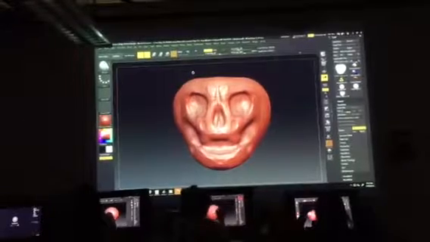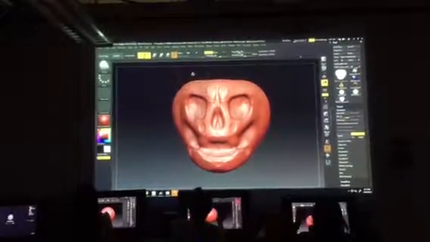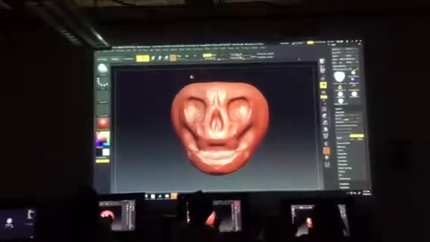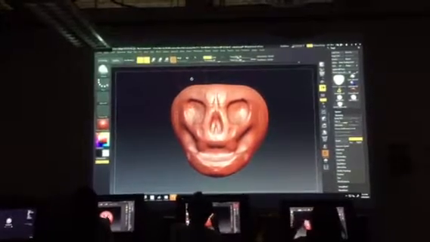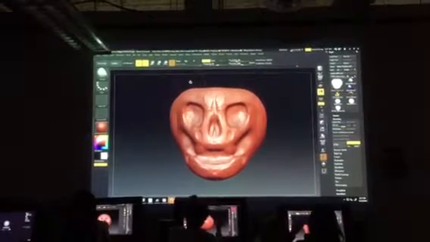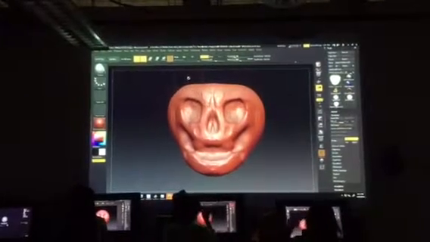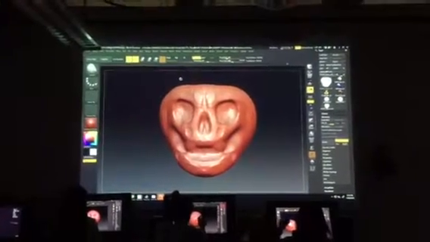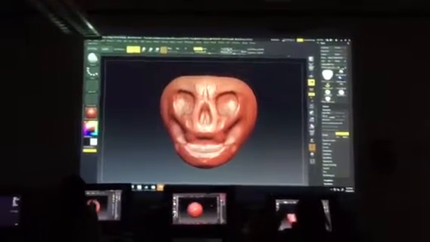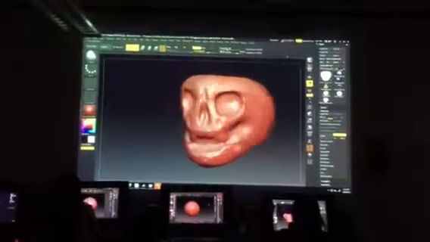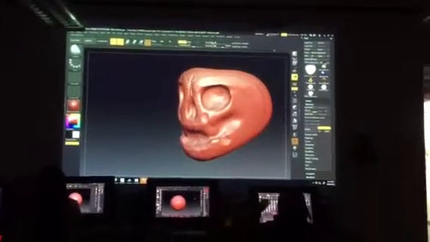I've used this brush to make everything from skateboards to really basic things, but it's great because it pinches the edges without giving you deformation within your edges, if that makes any sense. So let me show you. Okay, I'm going to start pinching the sides of this guy's face. So I'm going to rotate, and then I'm going to start pinching here, and you'll start seeing it in a second. Okay, just give me a